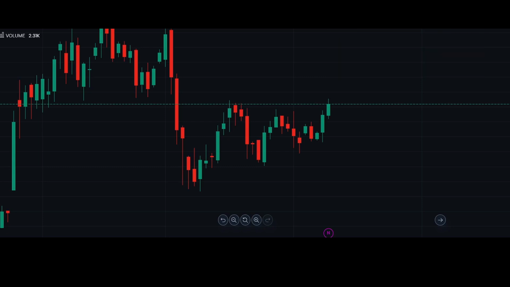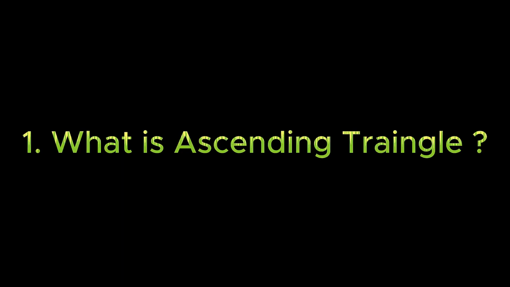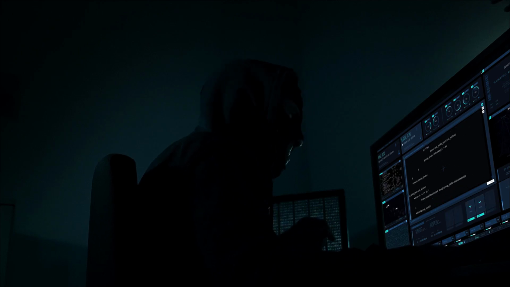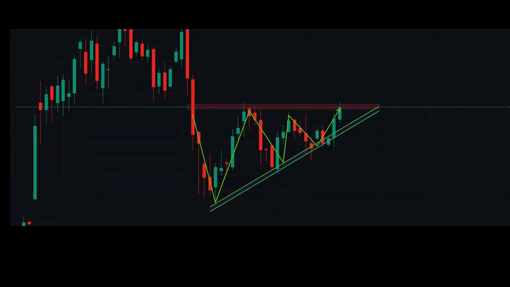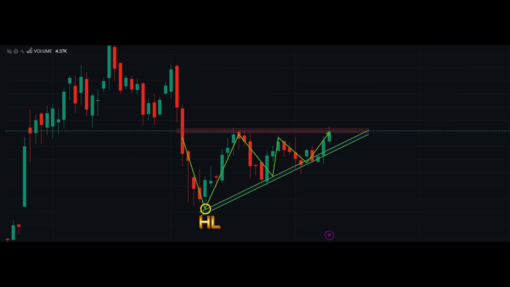We should only trade if there are 2 or 3 confluences in the trade and if the trade is according to the trend, because you have heard that the trend is our only friend in the financial markets. Now some beginner traders wonder what the ascending triangle pattern looks like. So I will draw it. See, this is the resistance. I will use TradingView software so beginner traders can identify it easily. See, this is the higher low, this is the higher low, and this is the higher low.